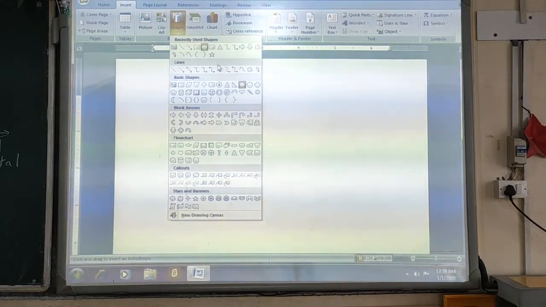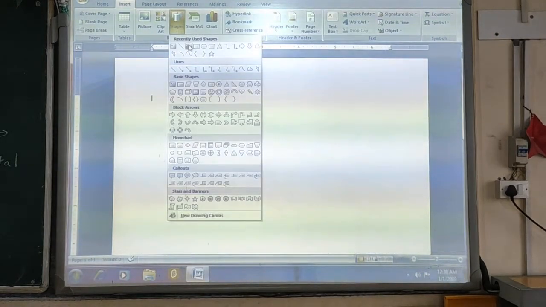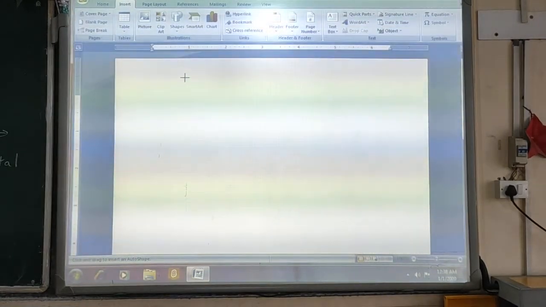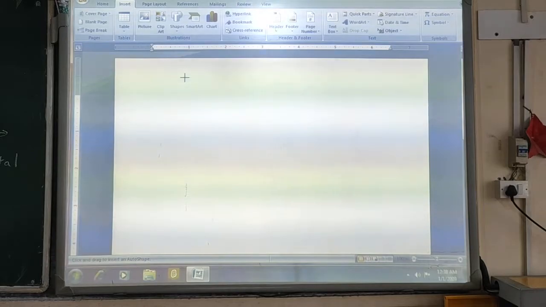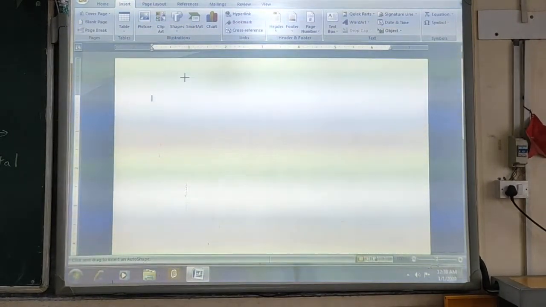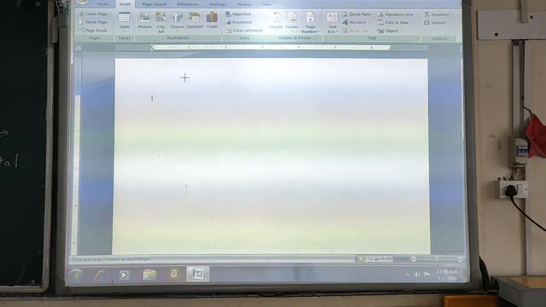So we have selected the circle. As you select the shape, you can see on screen that your mouse cursor changes into a plus sign.